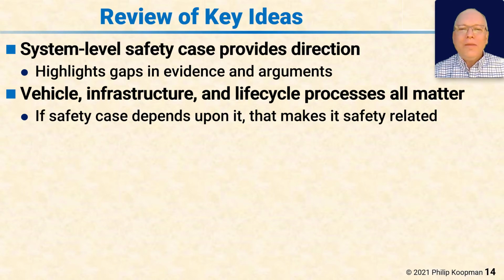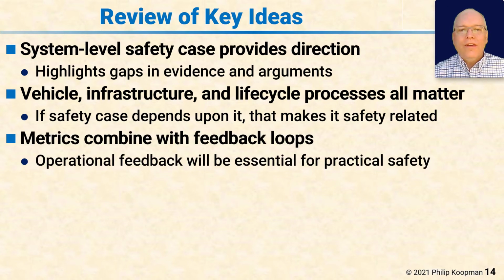If a safety case depends on it, that makes it safety related, and that includes not only the vehicle, but also data feeds, map data, infrastructure, and all the types of things that might be related to safety are covered by 4600. Metrics, SPIs, safety performance indicators, are combined with feedback loops to make sure that anything your safety case